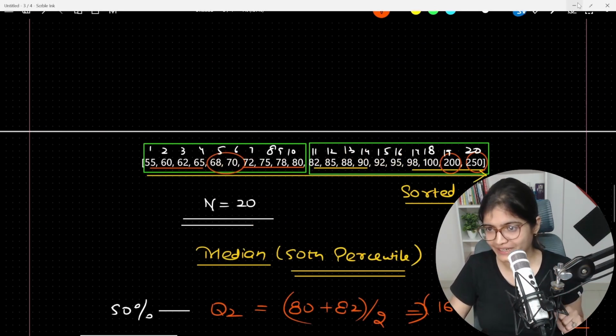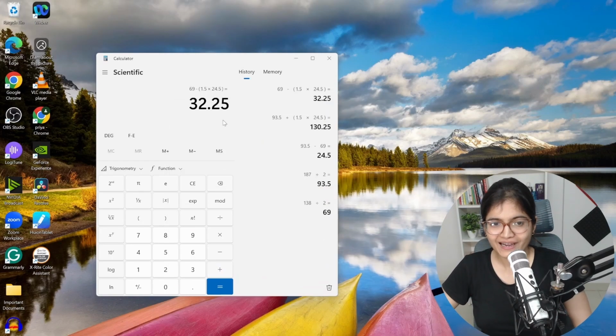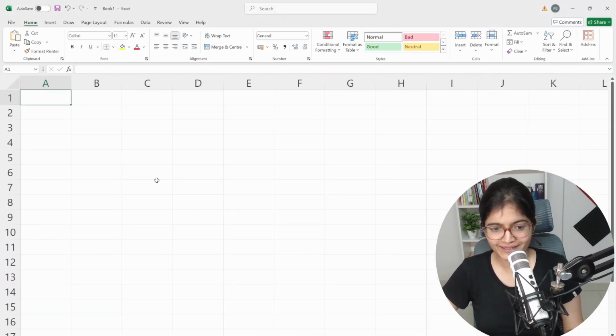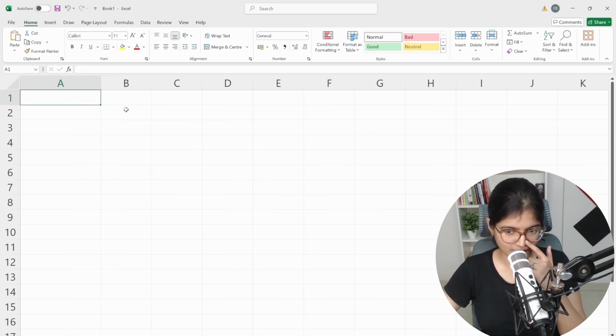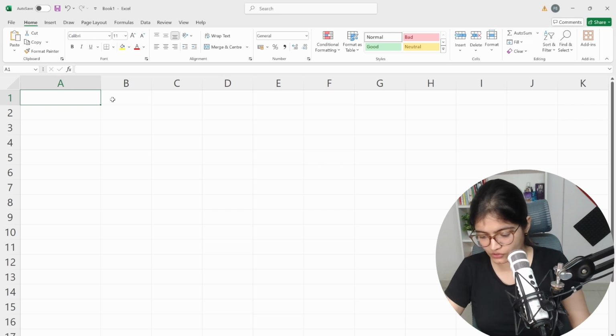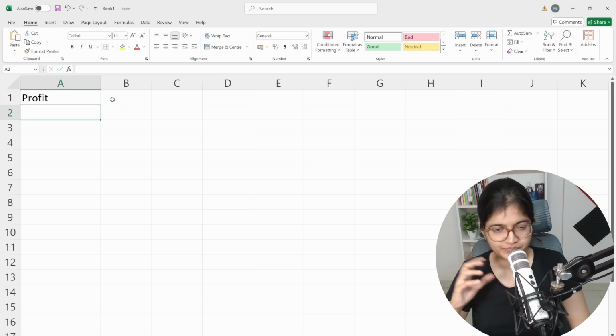Now, without wasting any time, I will try to open the Excel in front of you, so that whatever things I have talked about, I will be able to showcase to you in great detail practically how these things will be done. Here I have an empty Excel sheet available. And now in this specific sheet, I can take a few numbers. Maybe let's take the numbers of the profit value, right? Profit which I'm getting from my company, the revenue, or you can say profit, whatever you want to convey here. Let's say I'm getting the profit as